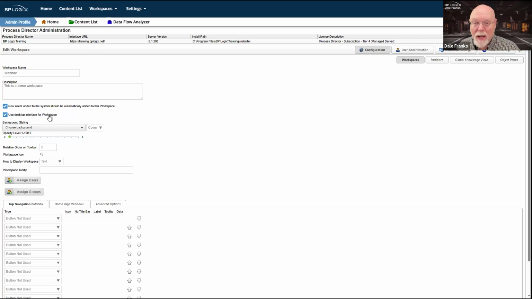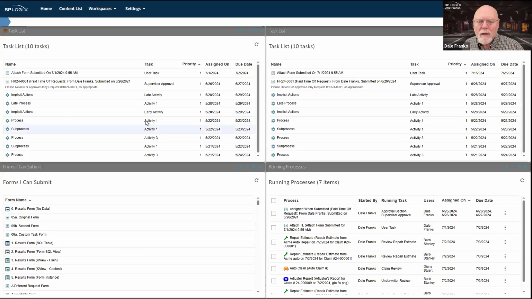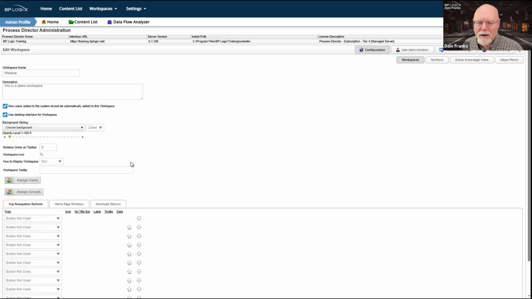And by the way, as an end user, you can save your default layout, which is why that checkbox is missing here, because I don't have any default layout saved. But as we saw a few minutes ago, you can check that. Do I have it open? No, I had it open here. So this is where the configuration is. The checkbox doesn't appear until end users have actually used and begun saving default layouts for their own workspaces.